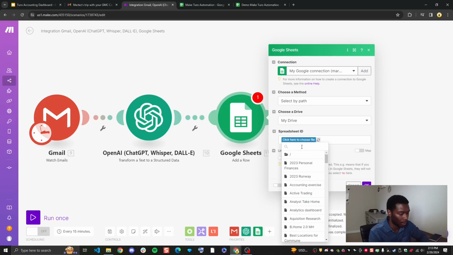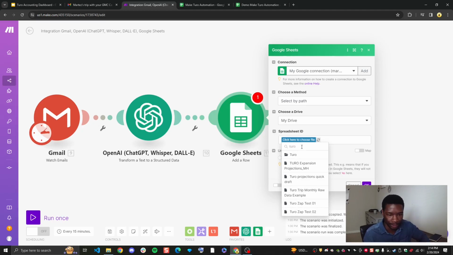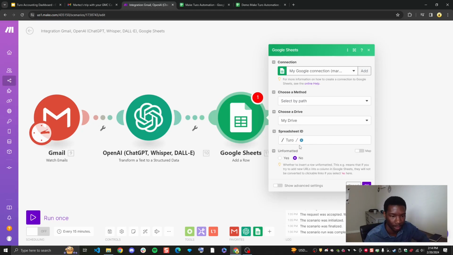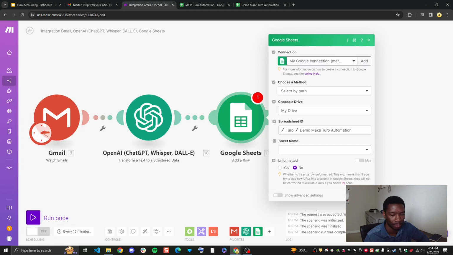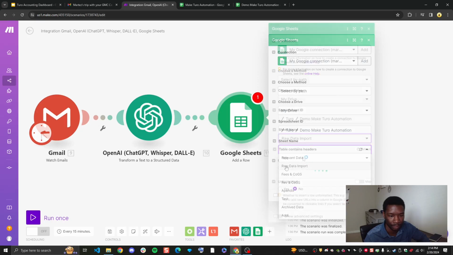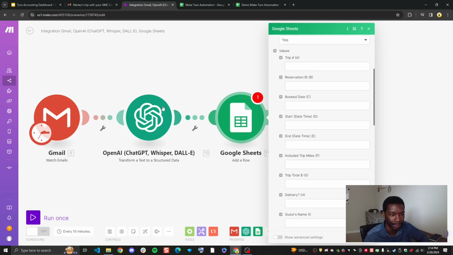I know in my Toro file, I should have one called demo make Toro automation. And the sheet we're gonna import it to is the raw. Our table contains headers, and now we just map the data points that we grabbed from chat to our Google Sheets module.